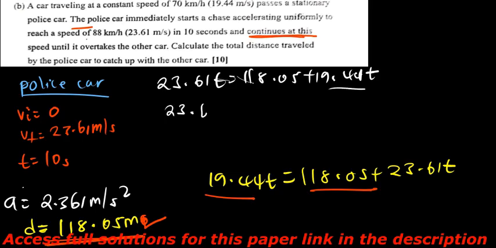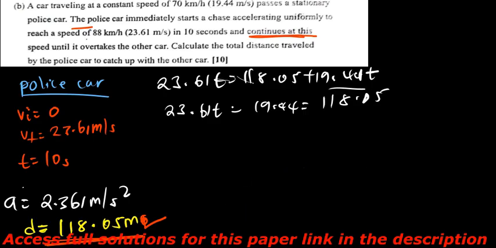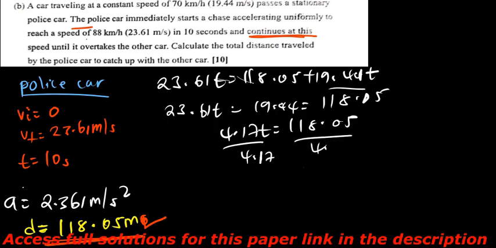So we want to find the total time it took for it to overtake. So it will be 23.61t minus 19.44t being equal to 118.05. So what will be the answer there if we do 23.61 minus 19.44? So 4.17. So we have 118.05 divided by 4.17. So therefore t will be equal to